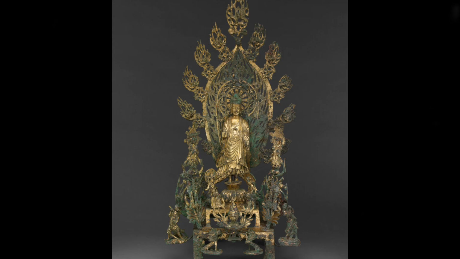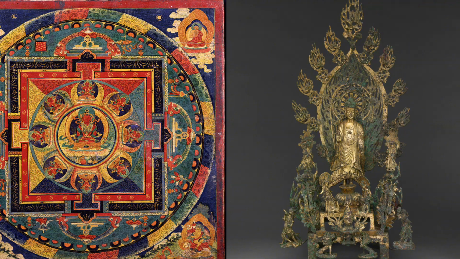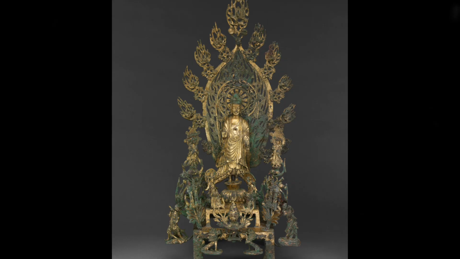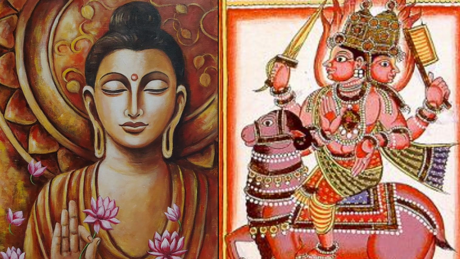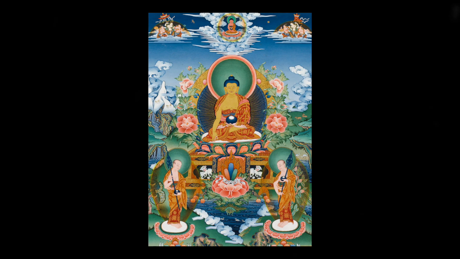This altarpiece comes from China in the year 524 and has Buddha on this elaborate reliquary, visually similar to something like a mandala. But in a lot of Buddhist art, Buddha is shown in a much less elaborate form than Hindu deities are. The art tends to reflect the difference of ethos.